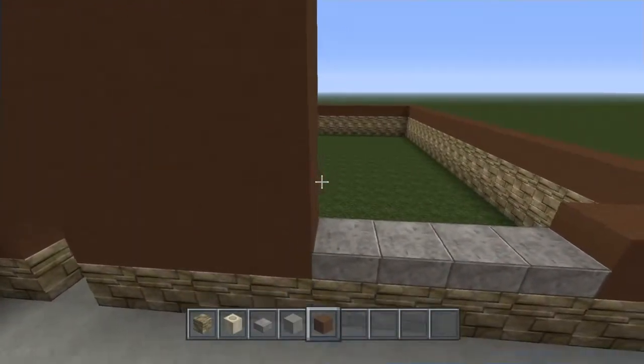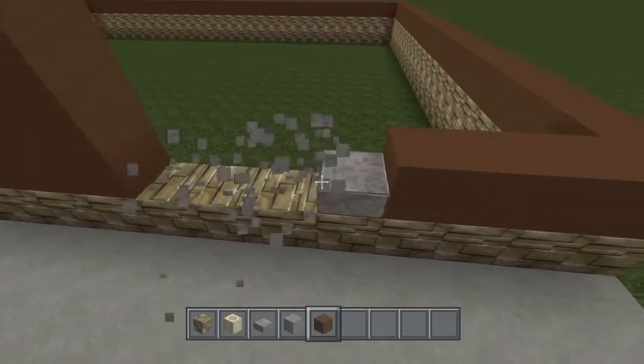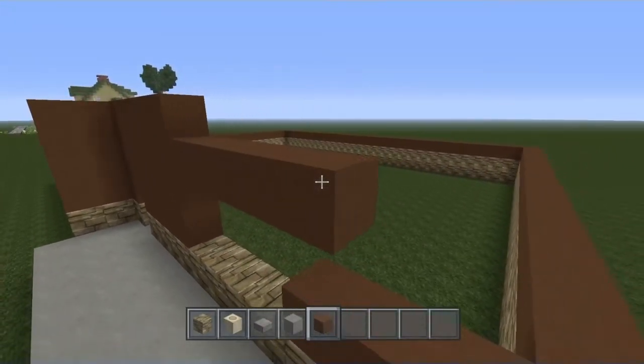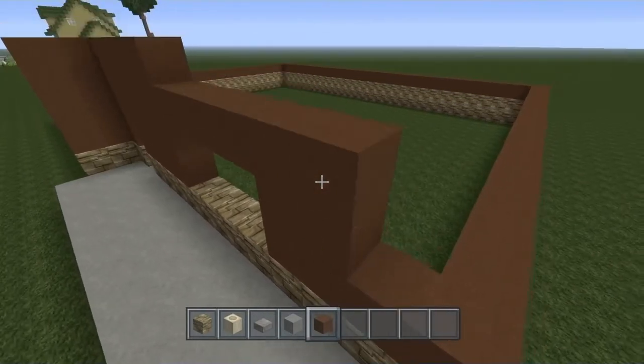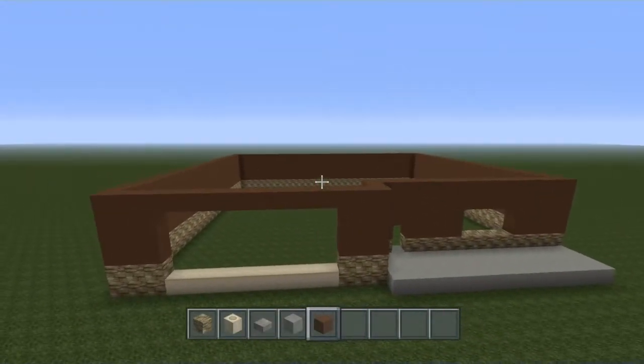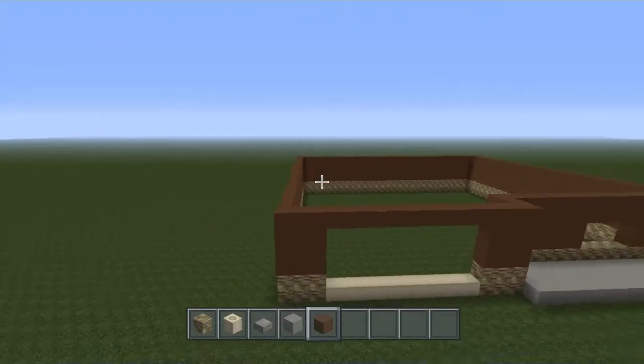The window is simply a 4x2, so you can go ahead and delete those placeholders now that you know what you're doing. You can bring that across, and there you have it. We'll go ahead and bring this all the way around. Okay, so once you've got that all the way around, you've got the basis of what's shaping up to be